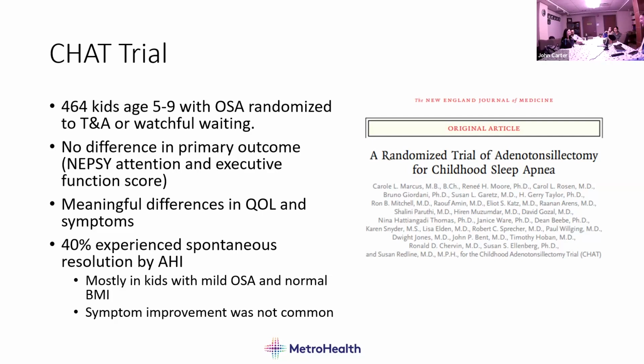But that being said, I think there still are important outcomes that matter to families and children that are a little more nebulous and subjective, but nonetheless are things that you're going to hear about in clinic: quality of life, symptom reduction, less snoring, less restless sleep, better behavior during the day. Interestingly, I don't think the teacher rating of behavior was significantly different, but the parent rating certainly was. Nothing's perfect. Nonetheless, we still maintain adenotonsillectomy as the first line of therapy for pediatric OSA.